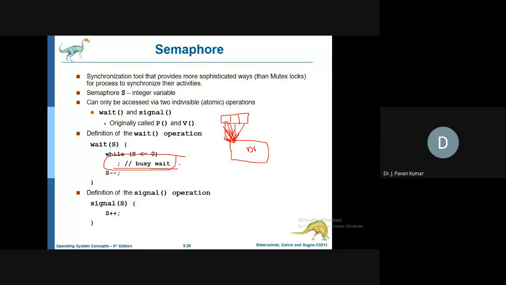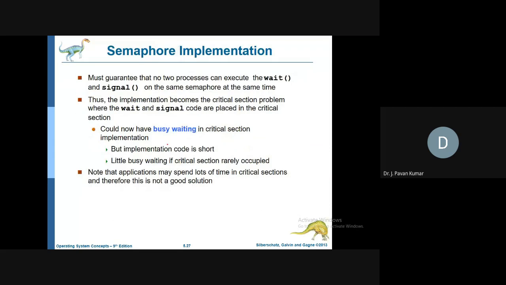That can be handled in a smart way. Instead of busy waiting, whenever a process has checked whether the doctor is available or not, if the doctor is not available, then it will be added to a queue.